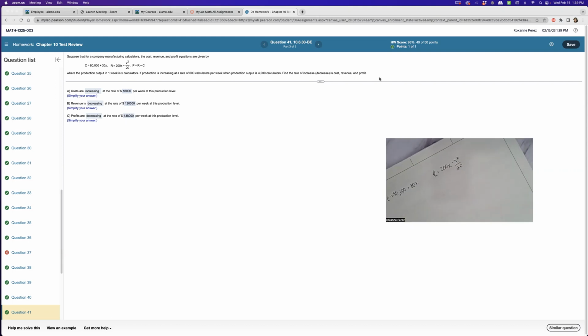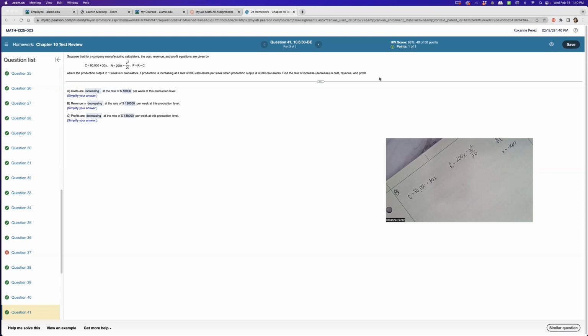Okay, so they gave you some initial information. They told you production is increasing at a rate of 600 calculators. So that is your change in production with respect to time. It's increasing by 600, and your x, your production, is 4,000. Okay, so we're just going to put that in our information off to the side. Okay, so part A,